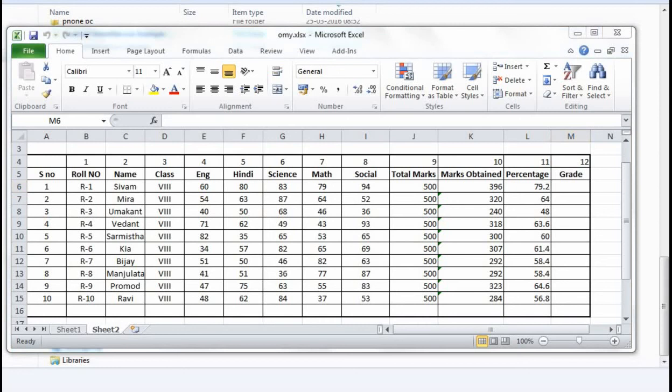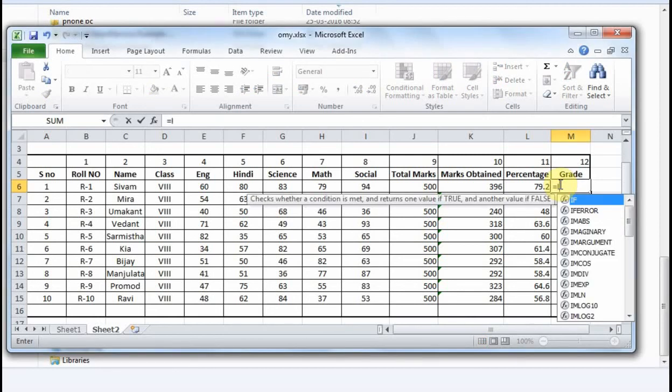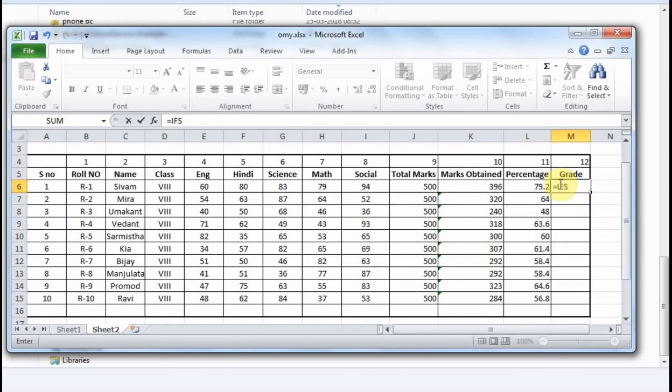Okay, so grade will be taken from percentage. So the formula will be equal to if.